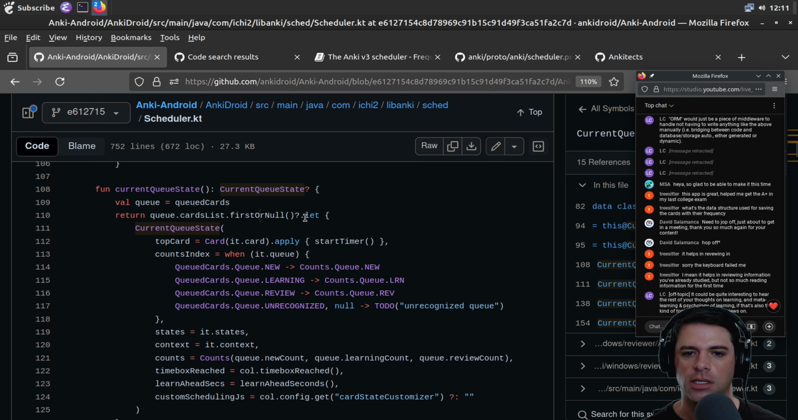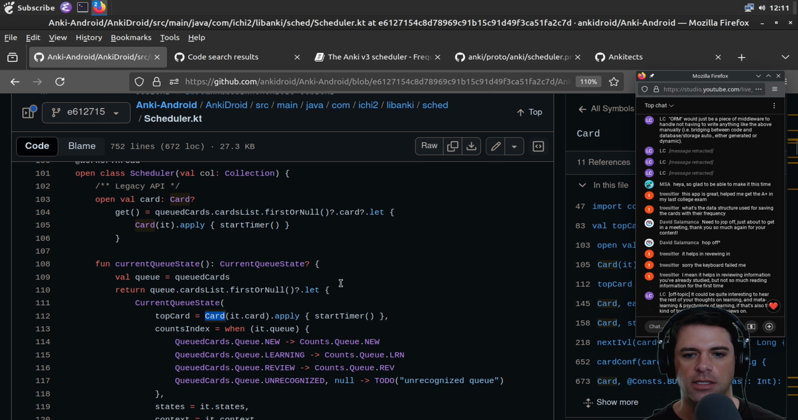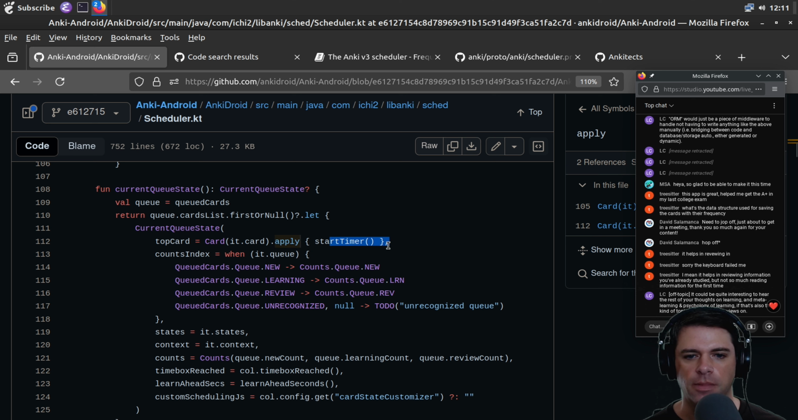If the queue.cardslist.first or null, I'm not sure what first or null means. Then we're going to call this current queue state, which is either a function or a constructor. The top card will be the card that we get from it. I don't know if it is the thing that is in a parameter from this let block or if we got it from somewhere else. We're going to apply some start timer. And then when it.queue, I guess like when the queue has stuff in it,